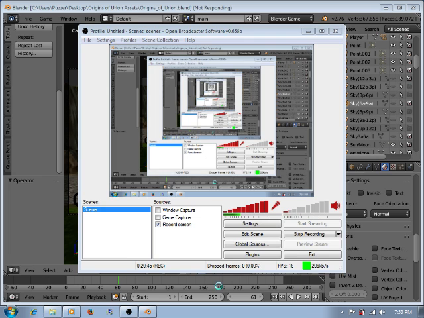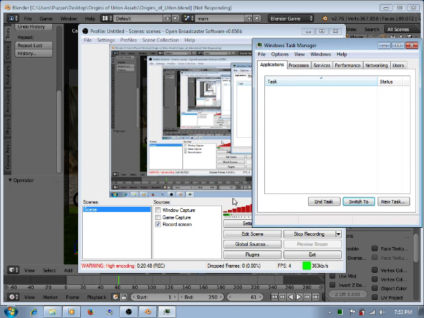Look at my task manager. Skip the frame or something. Yeah, there's my CPU usage. Yet again, the game is just starting, and I am recording. Yep, there it is. Please tell me you can see the sky.